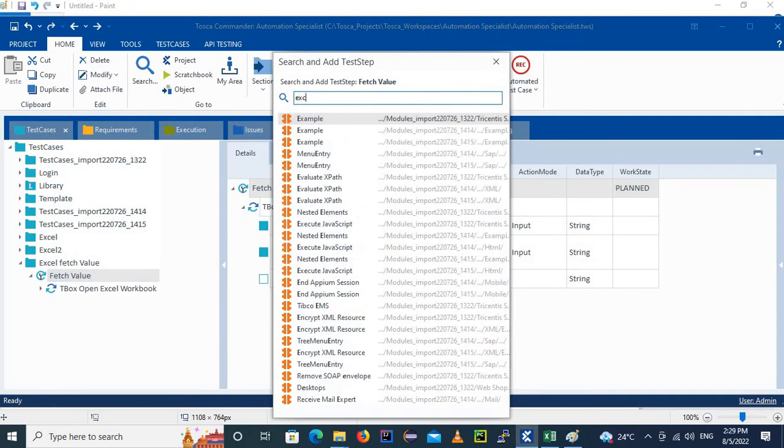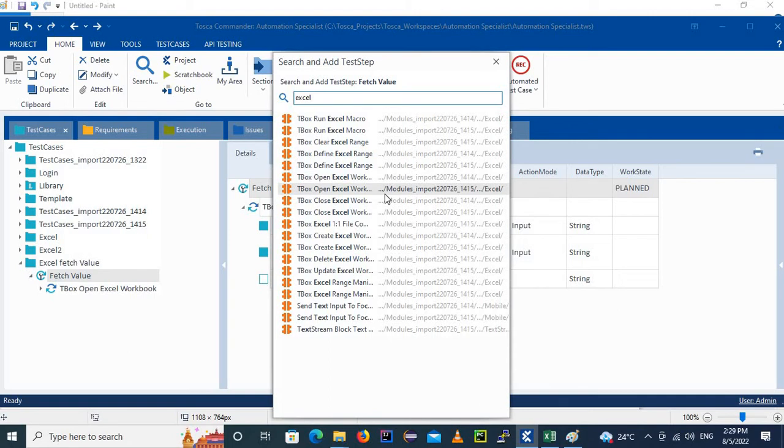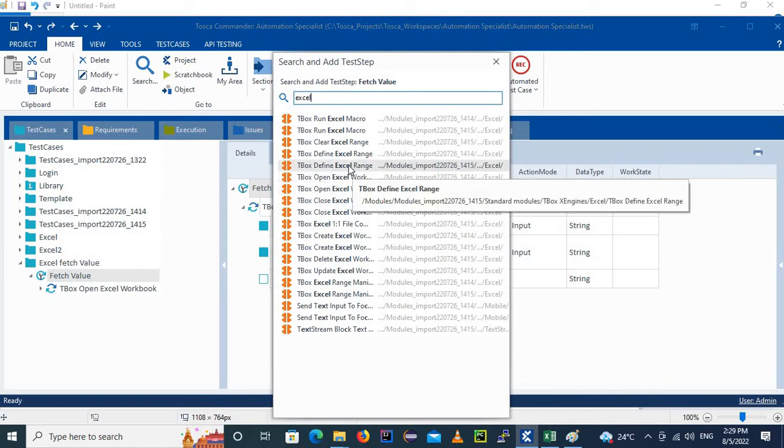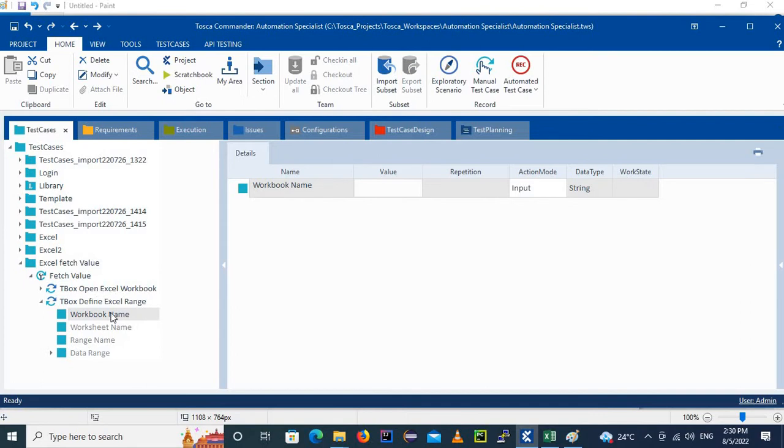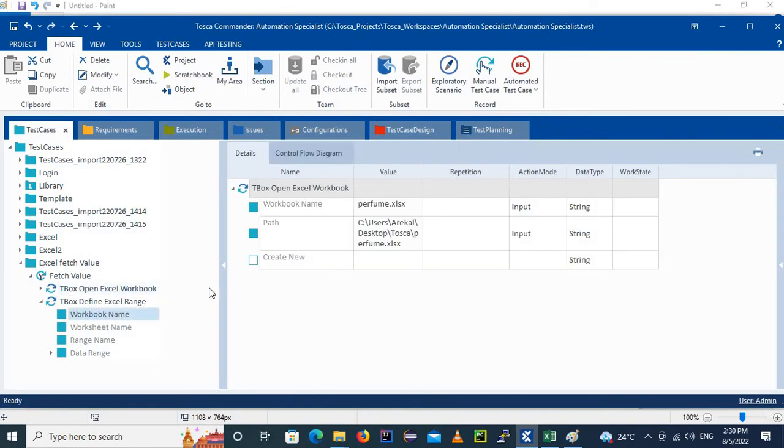Then I'm going to type in Excel, and then search for define range. If you see here, TBox Define Excel Range. So this is going to set the range or the boundary in the file. So I'll go ahead and double click on this. So it's been imported, and now the first thing it's going to ask you